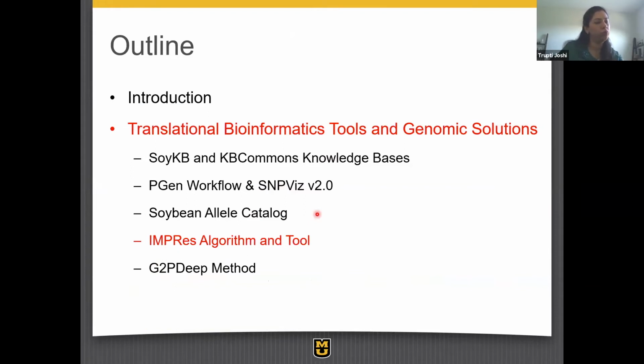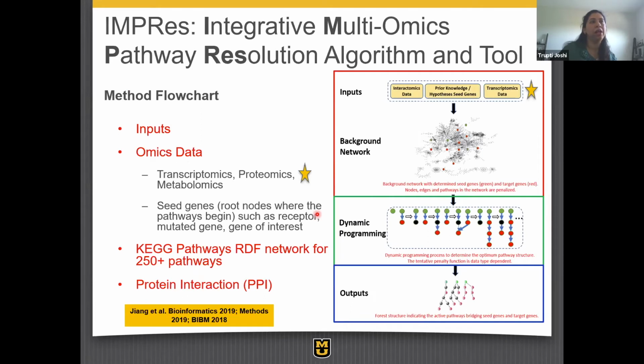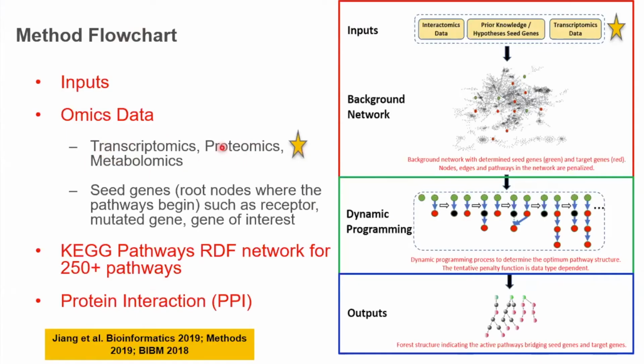And then I just very quickly want to introduce these two tools, which are additional pieces of work that we have done. This is iMPRess, which allows you to look at pathway resolution based on whatever omics combinations you might have generated from experiments. It uses all of the KEGG pathways in the backend and protein-protein interaction, and has a detailed algorithm, which I won't go into at this point, and the details are in these published papers.